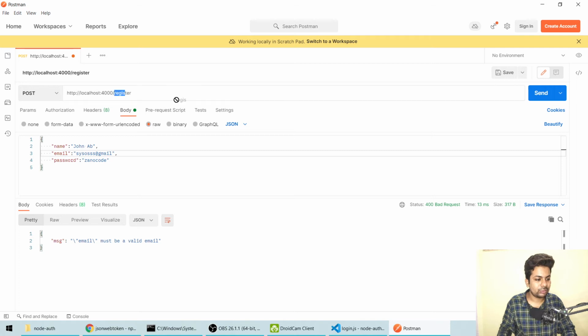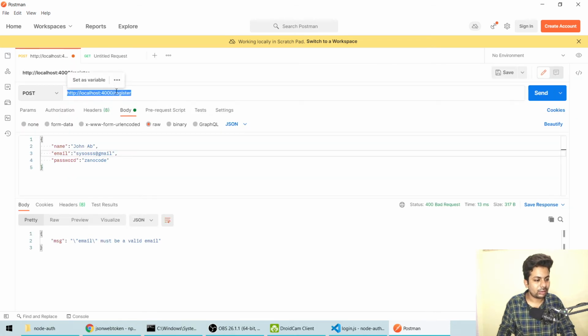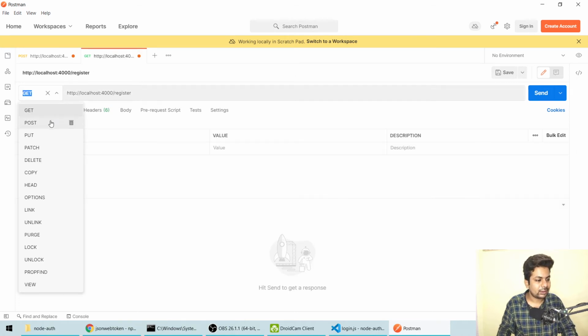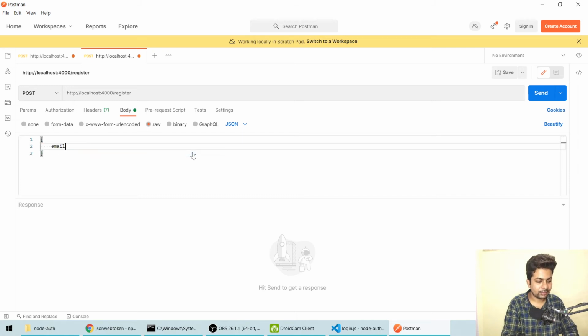If I go to slash, make a new route, because maybe we need this register again to test, and we'll say post, and in the body we'll get the JSON. Then we'll say email. We'll just copy the same email and password.